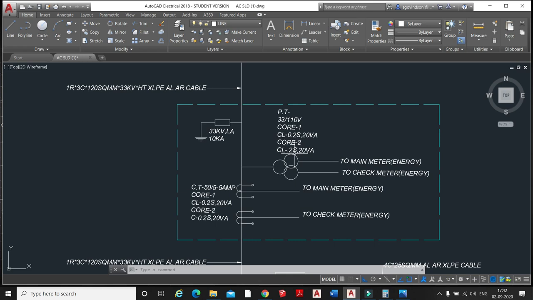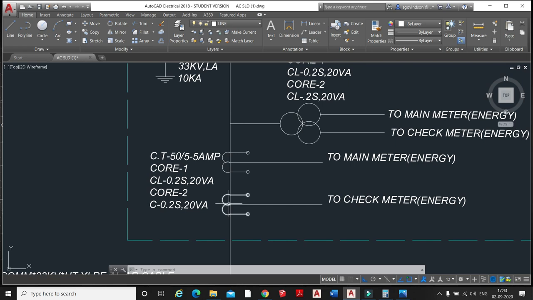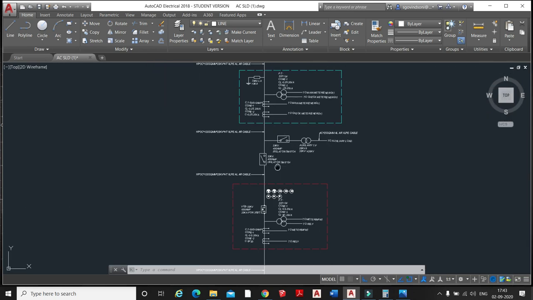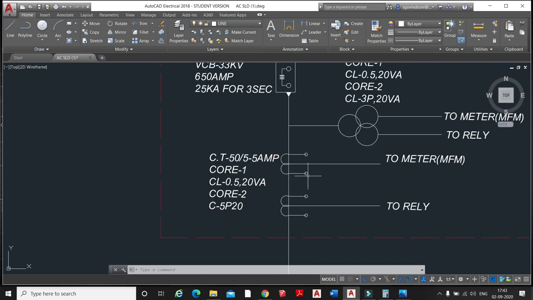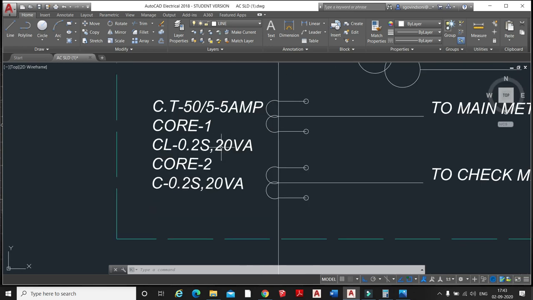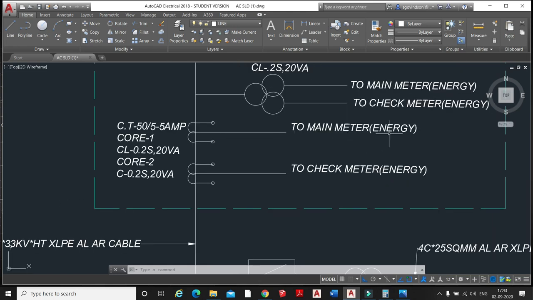This is our metering, where we do the final metering and get the bill. This is your current transformer. Both transformers are mainly used for metering purpose, and the class is 0.2s, and below that you have seen where we use class 0.5, because that is only for energy measurement, but here we generate the bill, so we use class 0.2s because the accuracy of this CT is very good as compared to 0.5. So we use 2 meters, one is the main meter and another one is the check meter here.